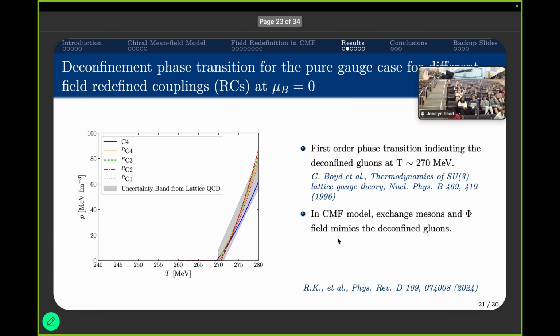So what about the results? First of all, we fitted the deconfinement phase transition for the pure gauge case for different field redefined couplings at mu b equal to 0. C4 is the old CMF fit, and these are the new CMF fits. We fitted it to the uncertainty band from the lattice QCD itself, like 270 MeV. The difference between CMF and the pure gauge theory, lattice QCD, is that in CMF we don't have direct gluons,